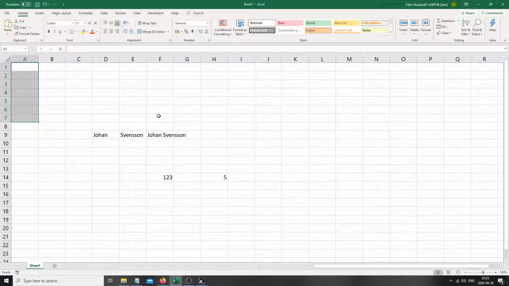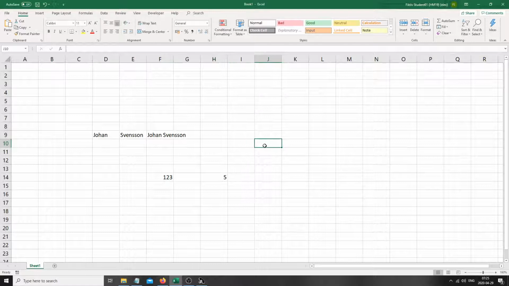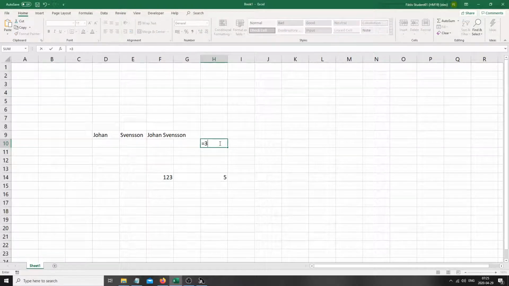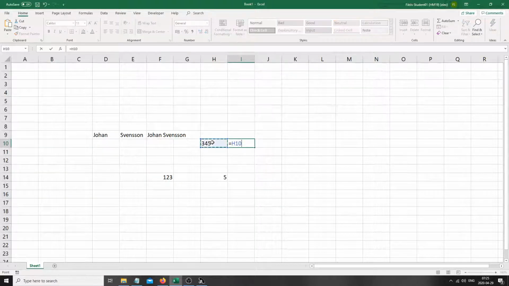Now, we see that we can also use the concatenation with numbers. So if we have, we can write 3 and 4 and 5. Then we get 3, 4, 5, but it will treat it as text. We see here, it is still text. However, we can,